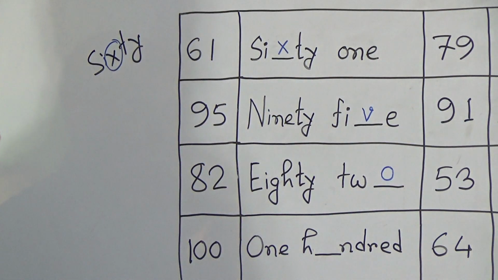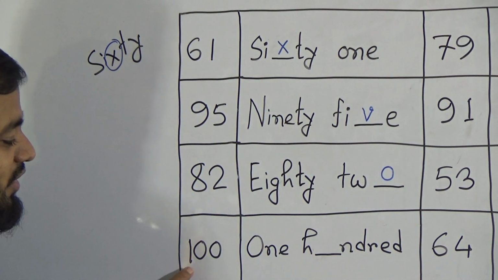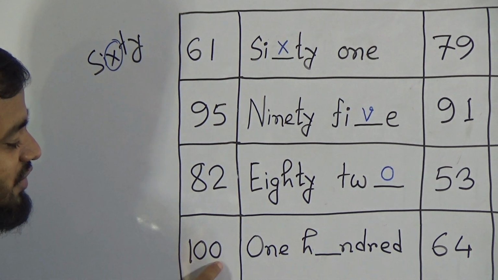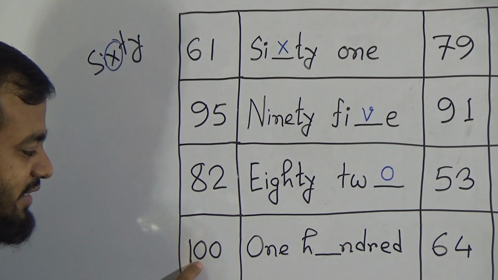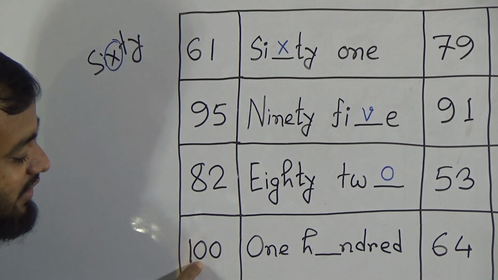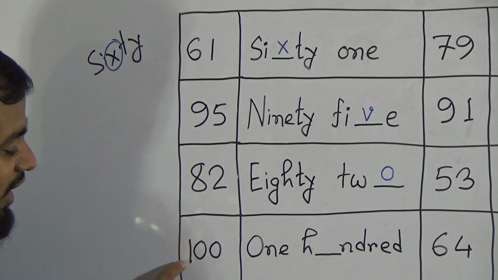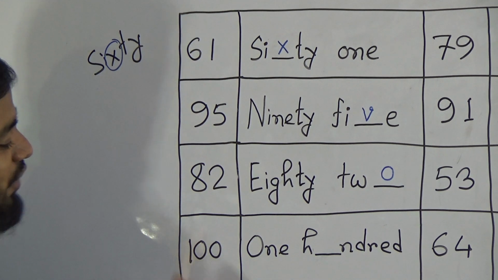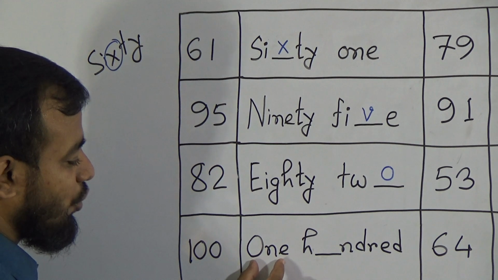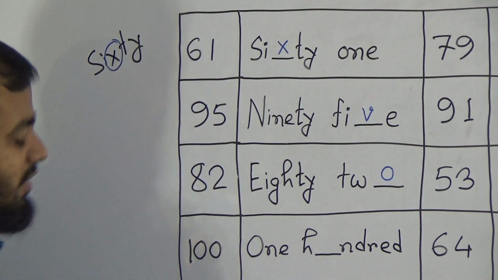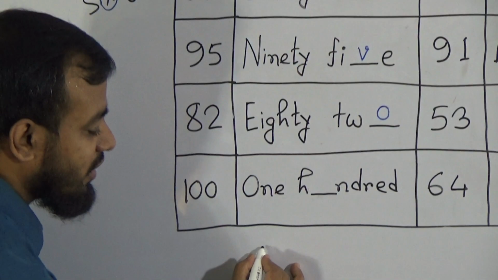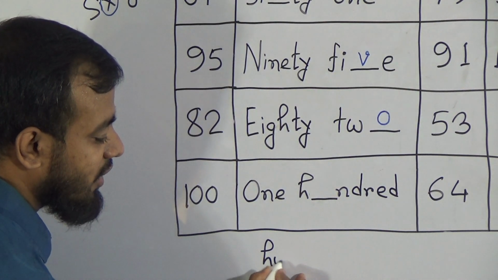Okay. Now the next one is a well-known number. This is 100. This 0 is in the 1's place. The second 0 from the right side is in the 10's place, and this one is in the 100's place. This means that this is 100. The spelling of 1 is given, O-N-E, 1, and for the 100 we need to fill up the blank in the spelling of 100. What is the spelling of 100? We know that the spelling of 100 is